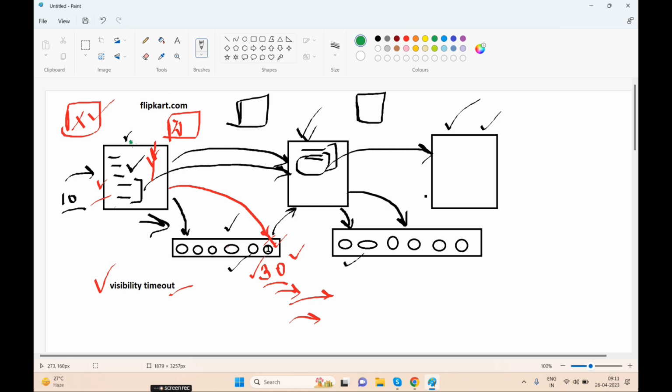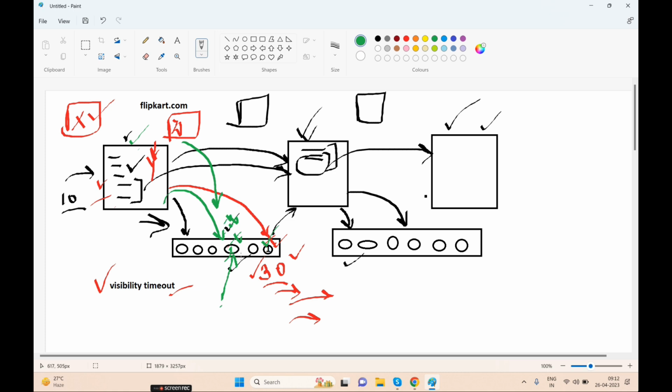My server stopped working, that's why my request was returned to the queue. But there might be chances that the request sent by the user itself has a problem. Even though the server tries to process it again and again, it is not processed. The first time they tried, it failed, and they returned it. The second time another server tried, again it failed. The third time again it failed.